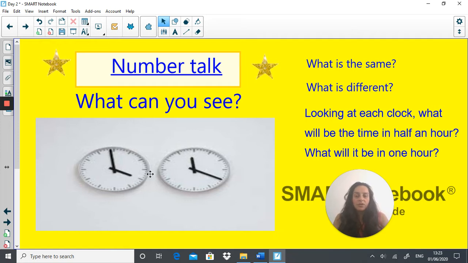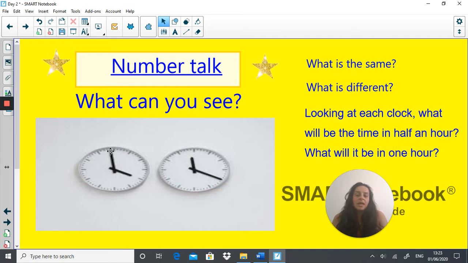So you have 2 clocks here. The clocks are identical in terms of the style of clock. If you looked at this really quickly and looked away, you might even think that the 2 clocks show the same time, but they don't. What is the same is that the minute hand here is in the same position as the hour hand, and the minute hand here is in the same position as the hour hand on this clock. The time on this clock is actually 3:59. The time on this clock here is